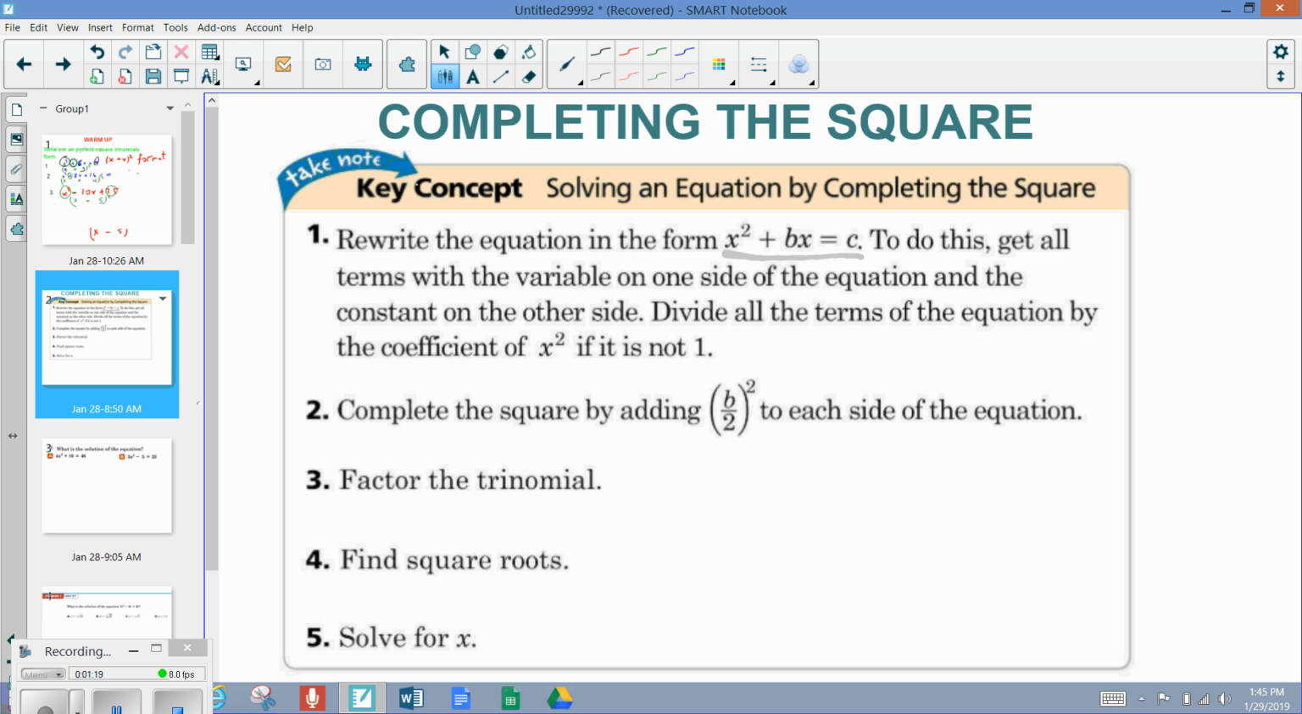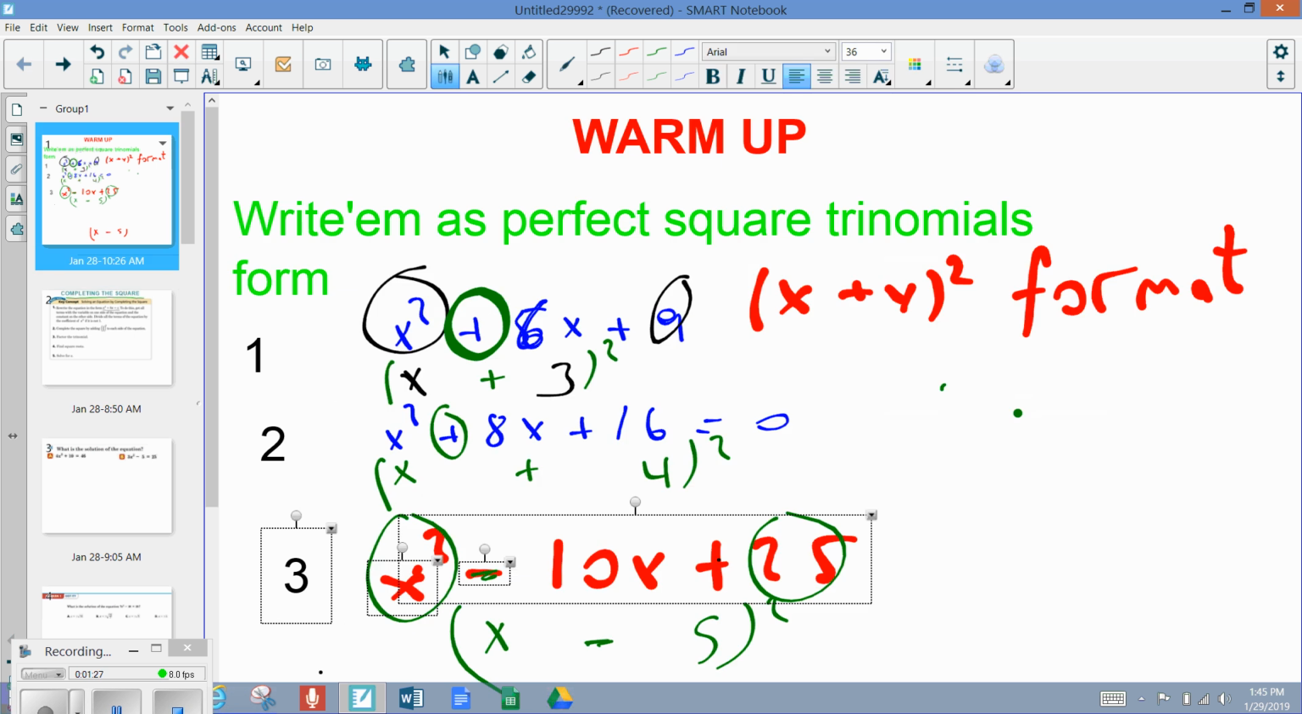And our goal is writing expressions in this format, completing the square. So for example, a question is going to be something like this. We're not given that portion, so we'll estimate what number is going to make that a perfect square. Today's class is going to be related to that. Now,